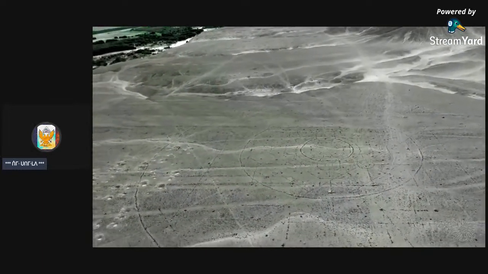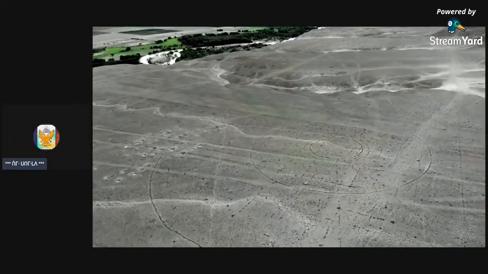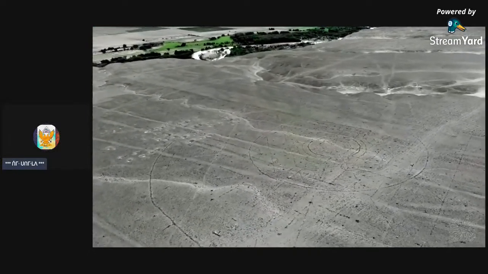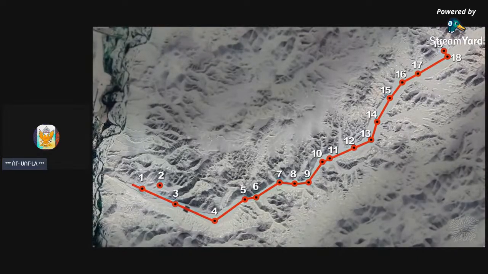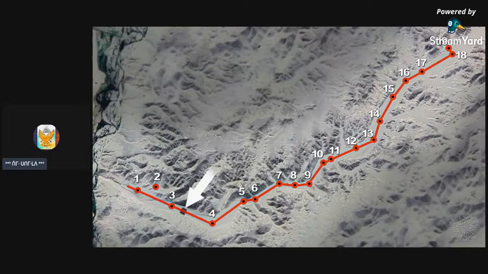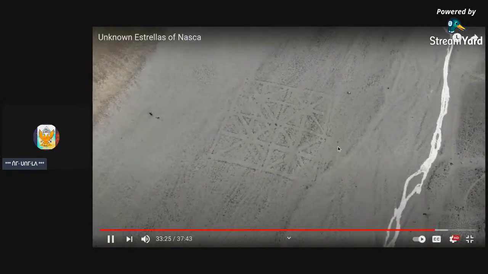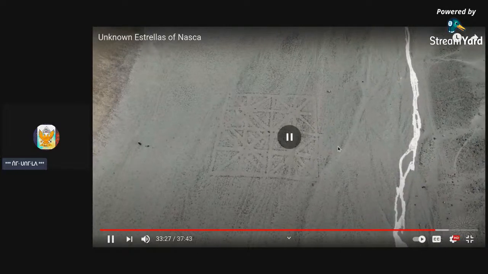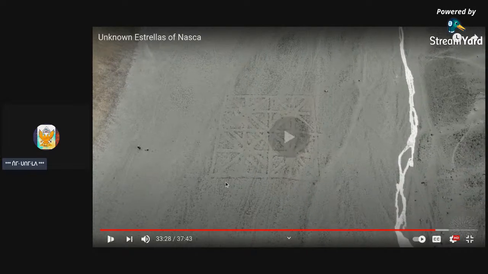There are a lot more, and they raise new questions. In this diagram, for example, you can clearly spot a dark square between numbers 3 and 4. This is also a large image with an axial line that passes through